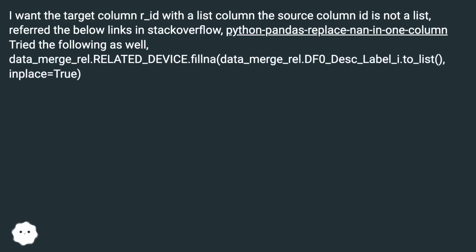I want the target column r_id to be a list column. The source column ID is not a list. I referred to the below links in Stack Overflow: Python pandas replace NaN in one column. Tried the following as well: